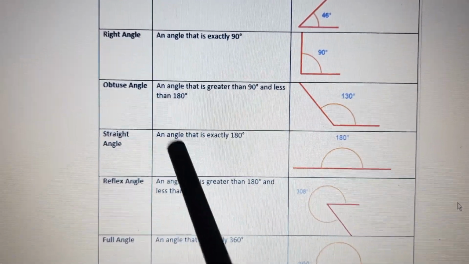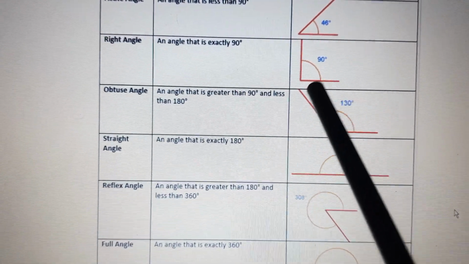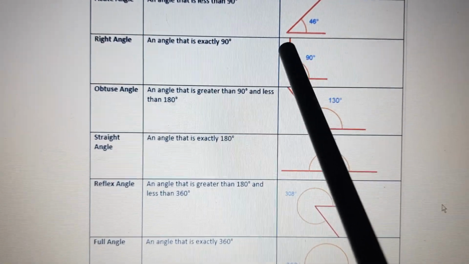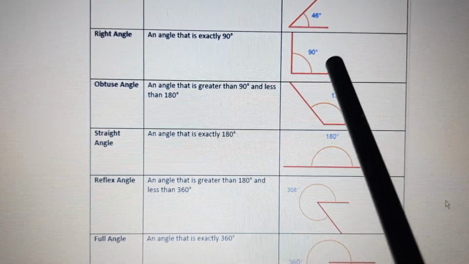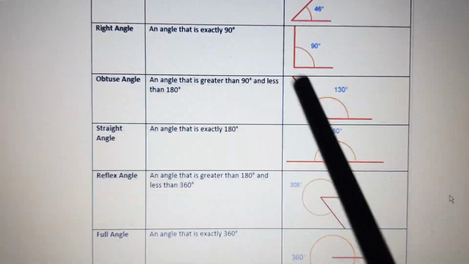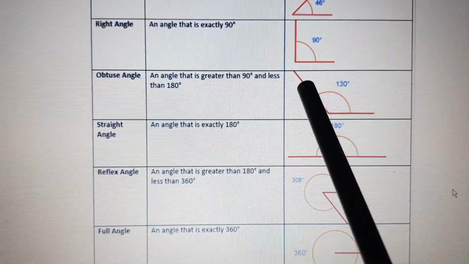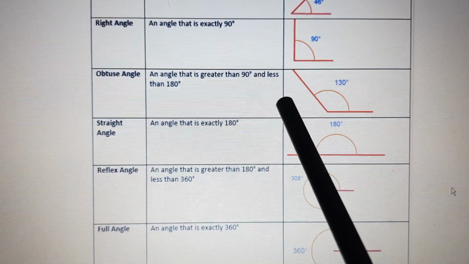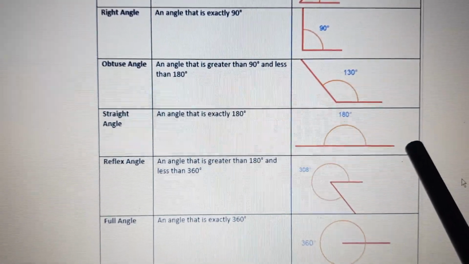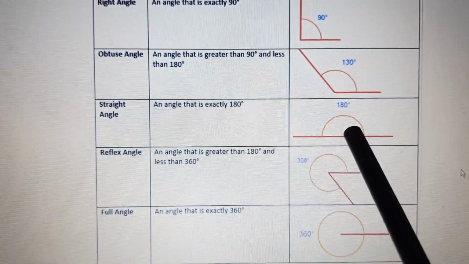Straight angle, an angle that is exactly 180 degrees. So see, if we look at this 90 degrees. This is one angle. Suppose I had to draw one more angle this side. So 90 plus 90 becomes 180 degrees. So if this arm keeps falling away, you can see this 90 degree angle. Next is this. So this arm has been dropped outside. If I keep on pushing it, it will become a straight line, children. And the straight line is also making an angle that is 180 degrees.